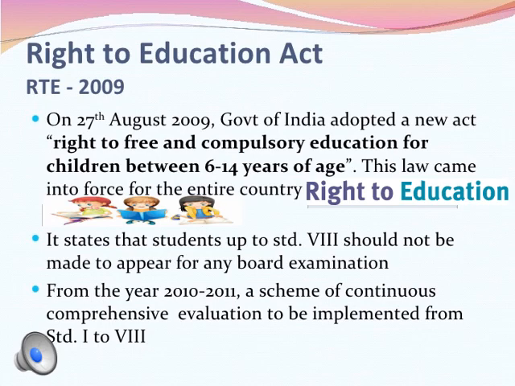This act was passed in 2009. On 27th August 2009, the Government of India adopted the new right, that is the right to education. According to this right, each and every Indian citizen who is between the ages of 6 to 14 years has a right to free and compulsory education. This law came into force for the entire country, and all the kids have a right to get educated,